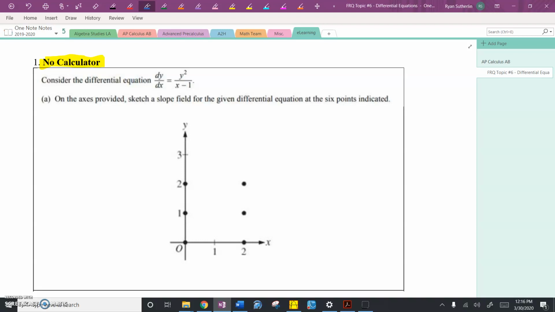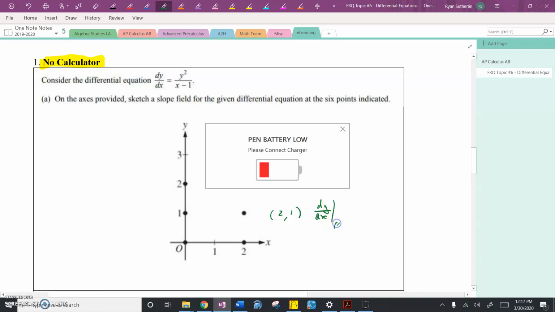that are indicated. So if you remember from before spring break, when we talk about sketching a slope field, what we're doing is just finding the slope at a certain point on the coordinate grid and sketching just a tiny segment that represents the slope of the curve at that point. So for instance, if I were to look at the point (2, 1), according to our differential equation, remember dy/dx is the rate of change which represents the slope,